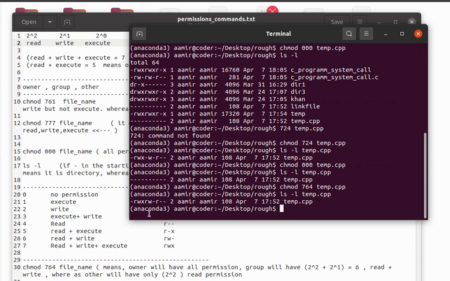So the owner has all permissions, read, write. So this column means it is a file, and this is a read permission given, write is present, execute is present. Now this starts, and from this the group starts. Now read is given to the group, write is given to the group, but execute is missing. So execute permission is not given to the group. Now read permission is given to the others, write permission is missing, and execute permission is missing from other. So that's how our digits work.